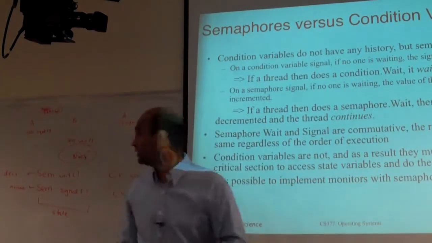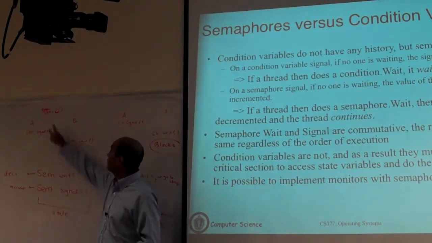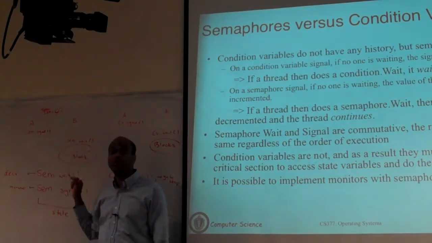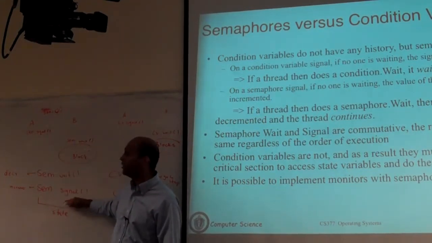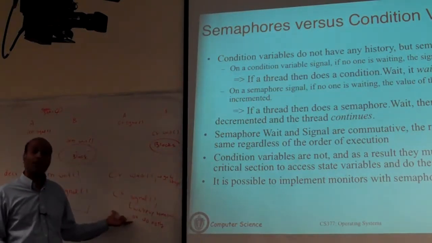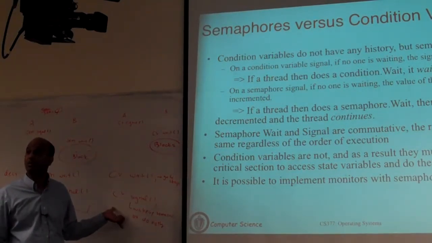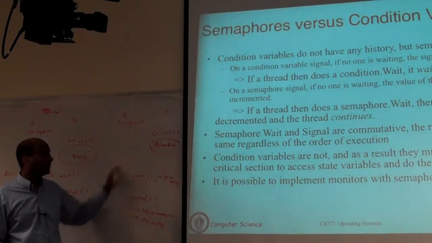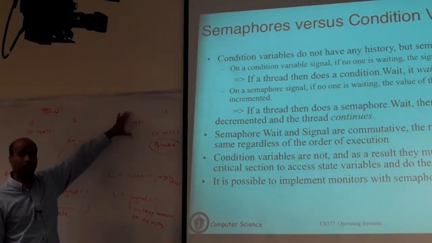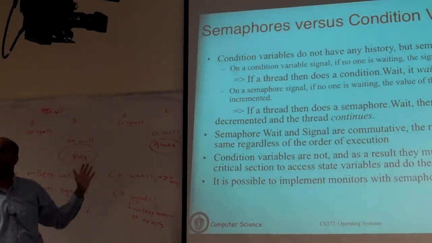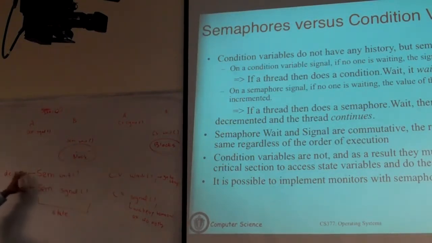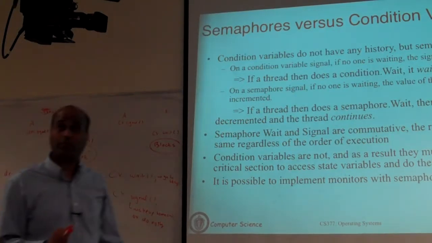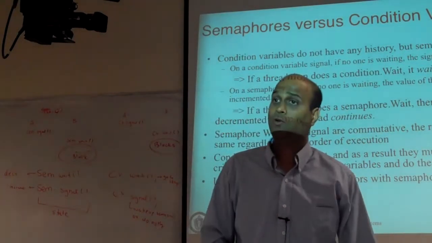The reason for that is you actually had state here. Because you incremented and decremented, you used the value to do something differently when you did signal. Here, that signal is lost if no thread is sleeping. There is a do nothing part. The signal that you did first in case 1 that I showed you is effectively lost, is not captured. In this case, you capture it by incrementing the variable. So it goes from 0 to 1. So when this does a wait, you go back to 0 and you don't block. By virtue of having state, you get a different behavior.